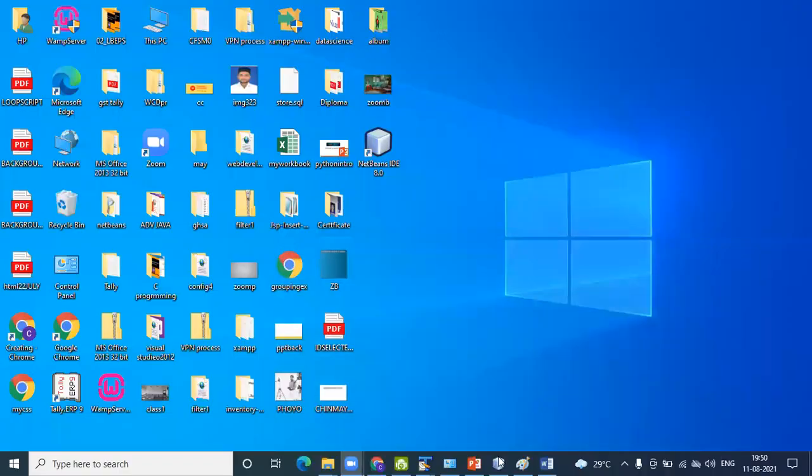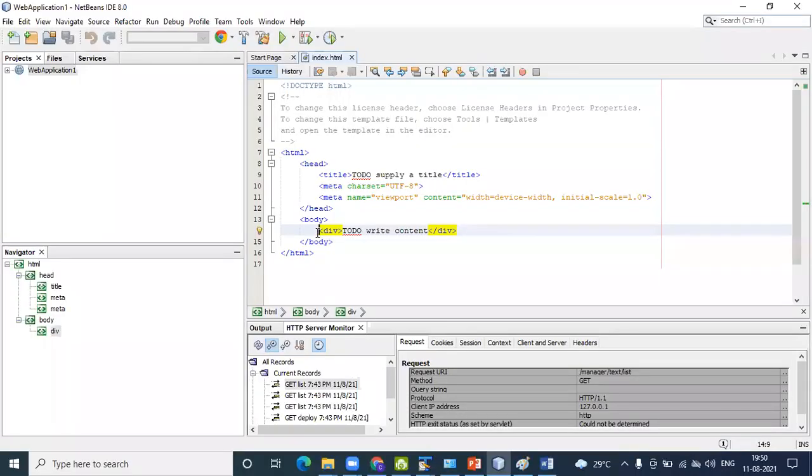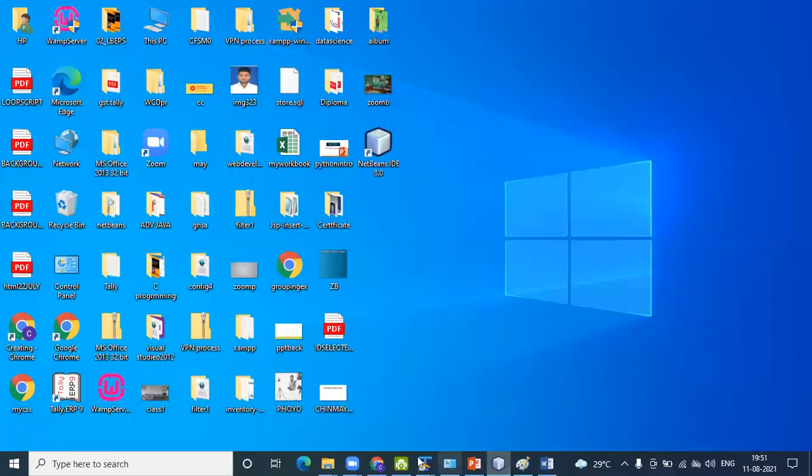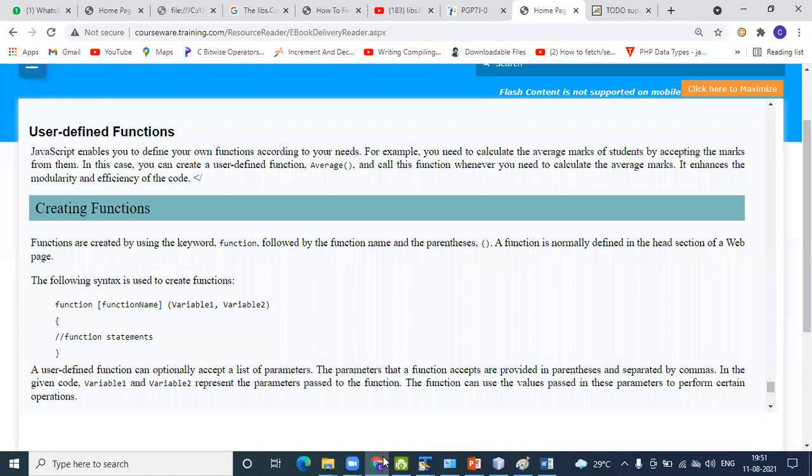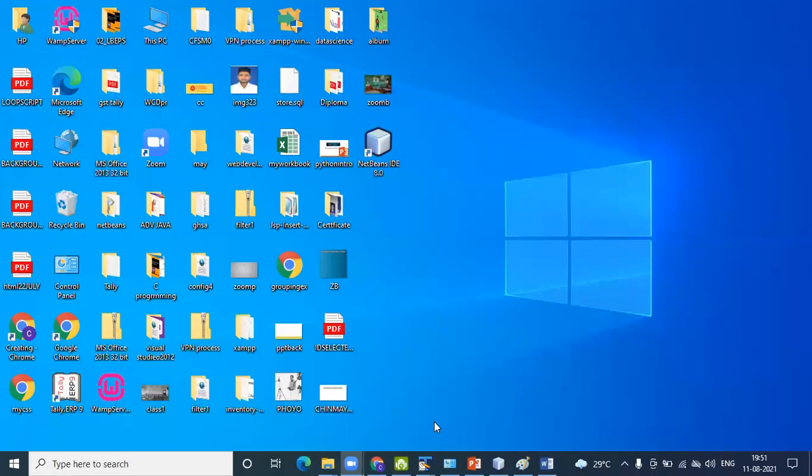So now I define a small function here. So I define here a script tag.